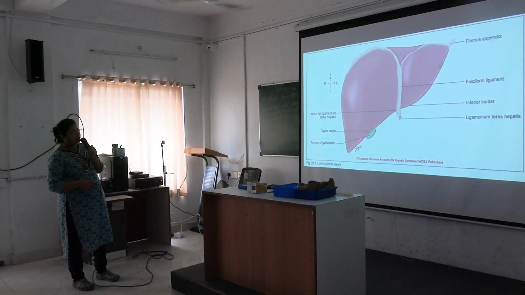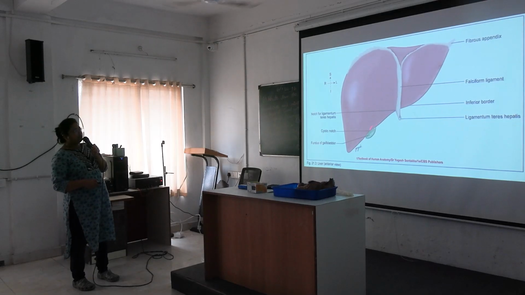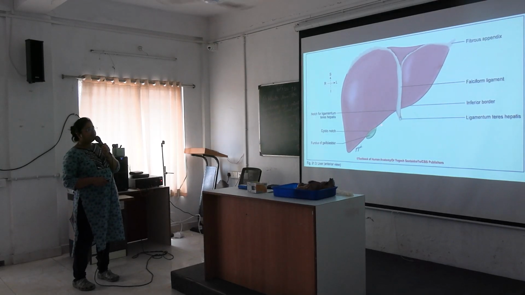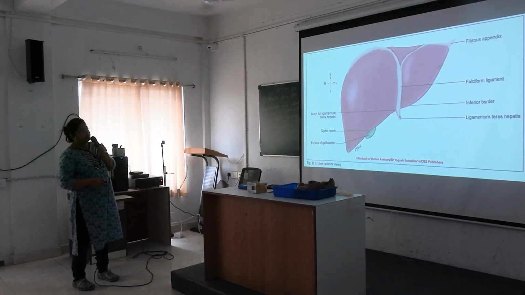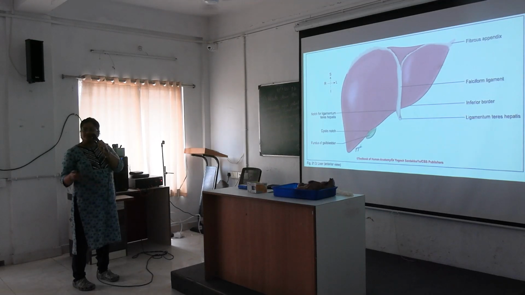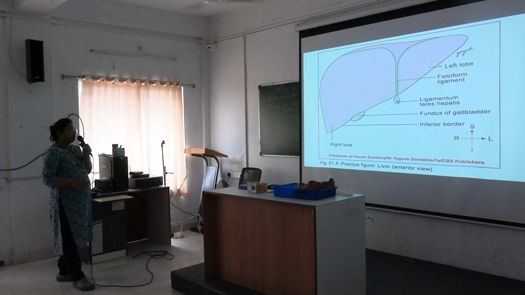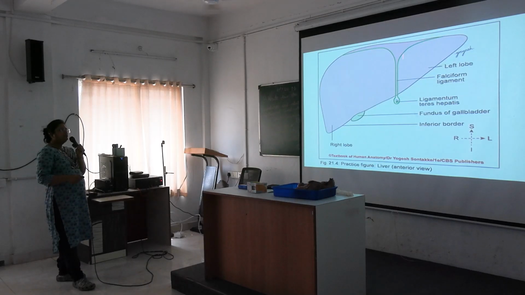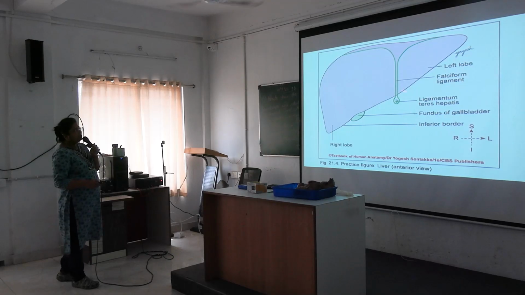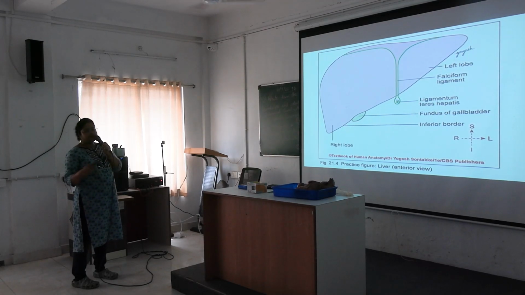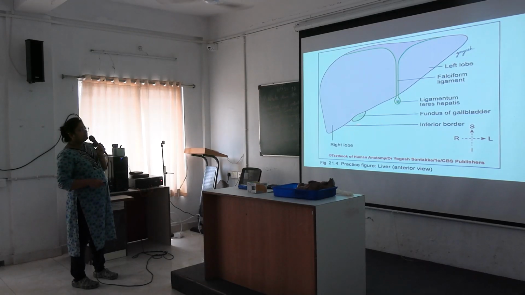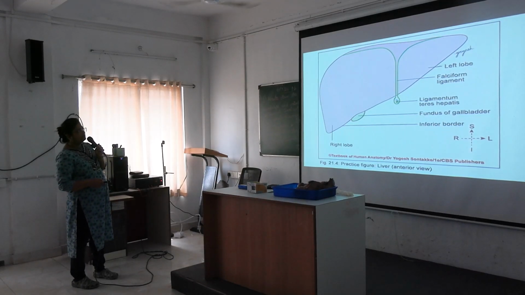And this is the gallbladder, the fundus of the gallbladder. Here is the cystic notch over the inferior border where the gallbladder fossa is located. And here also some notch formation occurs near the fissure for ligamentum teres hepatis. Here is the schematic diagram. Attachment of the peritoneum is here, forming the falciform ligament. Here at the lower margin of the falciform ligament, the ligamentum teres hepatis and some venules are there. And this is the fundus of the gallbladder and cystic notch.